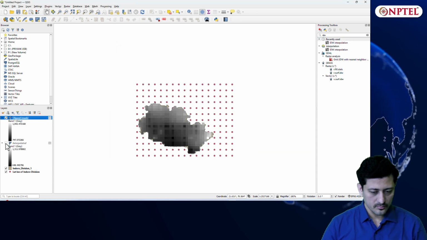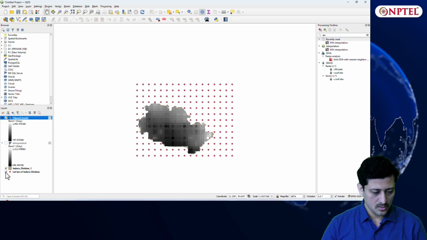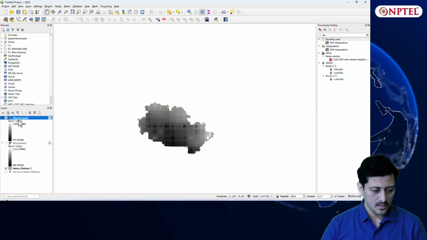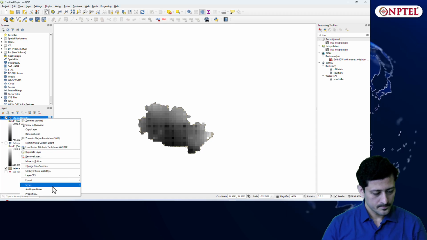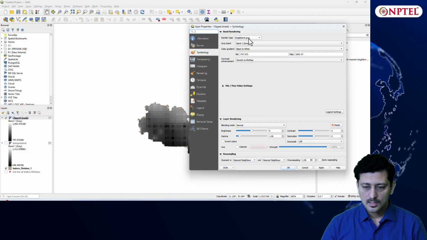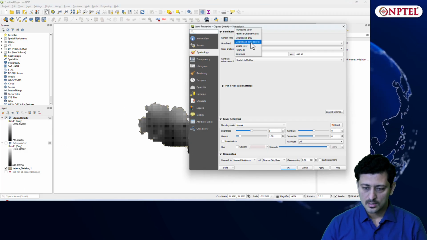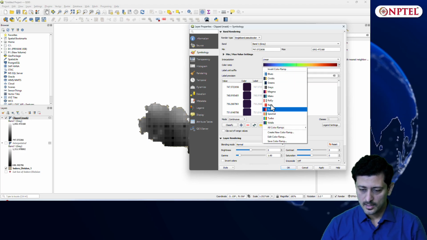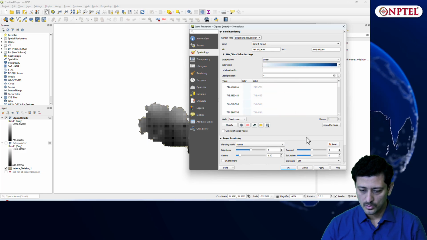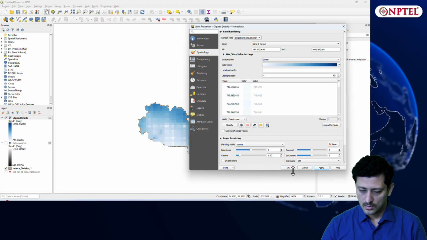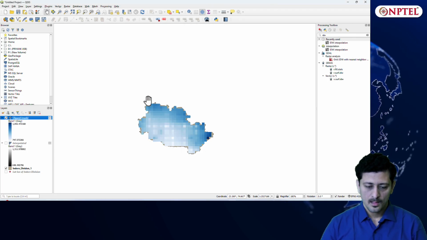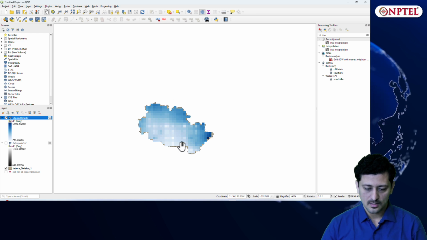I'll just turn off this layer, and I can also turn off the lat long, and this is the map that is generated. If I want, I'll go to Properties, Symbology. Here I'll use single band pseudocolor. I can use any color band you like. Let us say if you want to go with blues, you can, and this is how you can create it. So now you have this map.